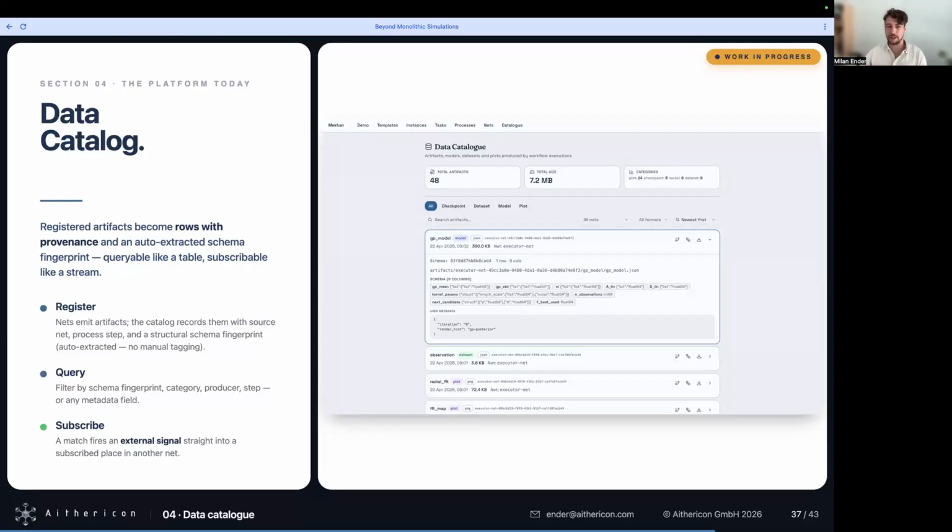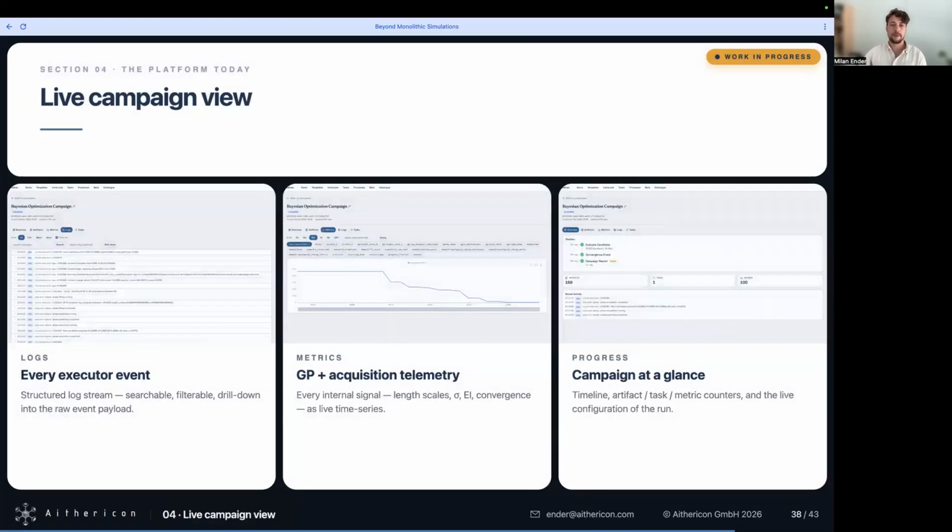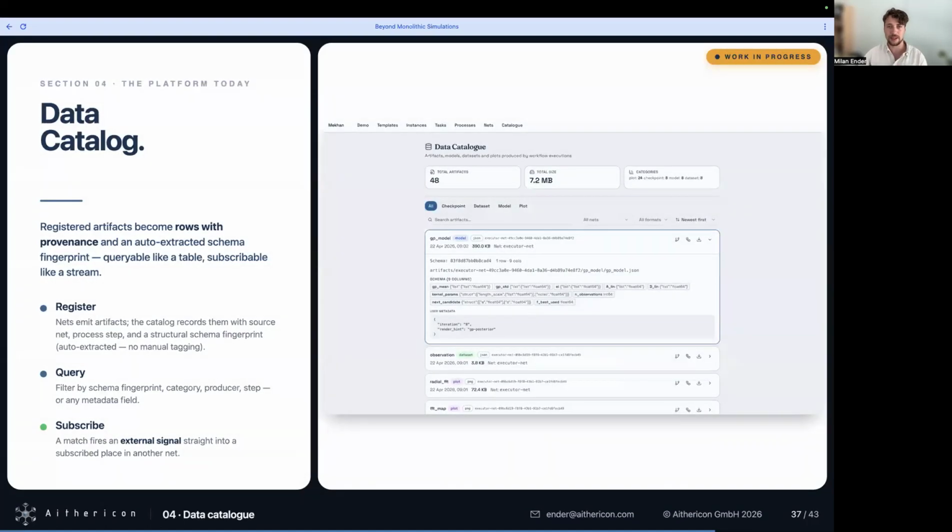Anyhow, this allows you to federate storage, and it also allows us to build decoupled systems where we register a new result and another workflow might be triggered that listens to data of this kind and then retrains a model, for example, or triggers some other evaluation of this new result.